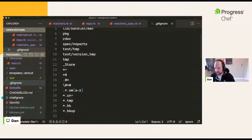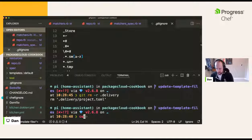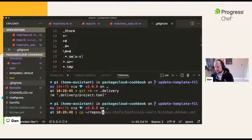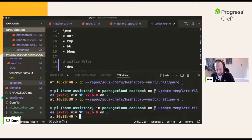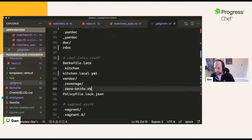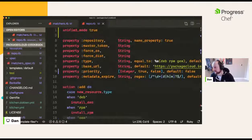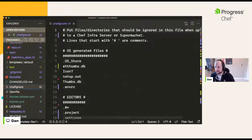Okay, ignore. I'm going to cp from repos, who's hashi, to here. And I'm also going to move the chef to here. Yeah, there we go. Lovely. So that's fine. Chef ignore should be